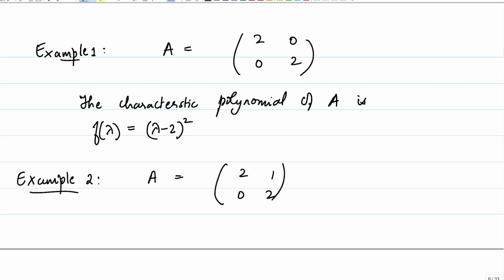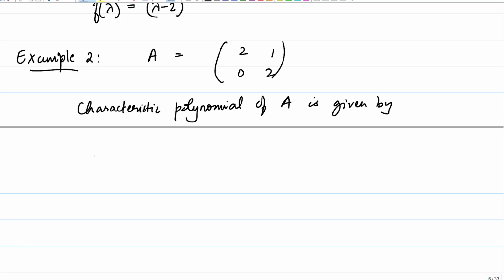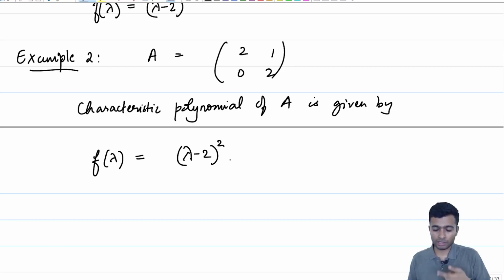This is just a slight modification from the previous case. And what would be the characteristic polynomial? The characteristic polynomial of A is given by, again, the same one as above. It's an upper triangular matrix. You should go back and check that this is just lambda minus 2 the whole square. So we are in the setup where the characteristic polynomial is exactly the same as in example 1,